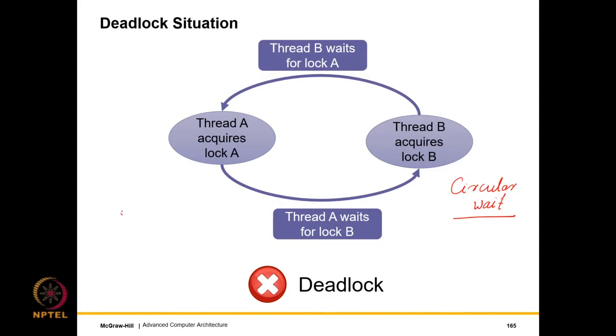So one easy way of solving this is known as two-phase locking. What we do is impose an order on the locks. So we say that, look, you will first acquire, let's say, lock 1 and then lock 2, or first you will acquire lock A and then lock B. The moment you impose an order on the locks, a deadlock is not possible, right? Because a cyclic wait is not possible.